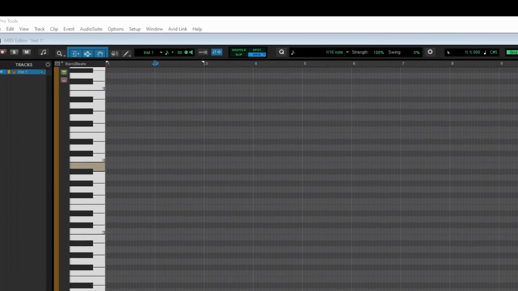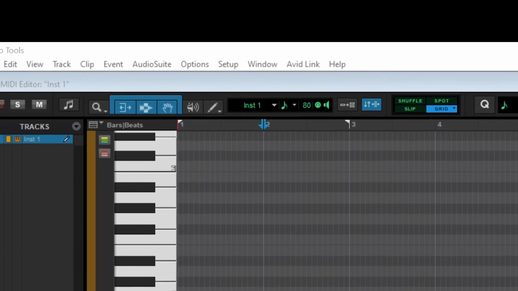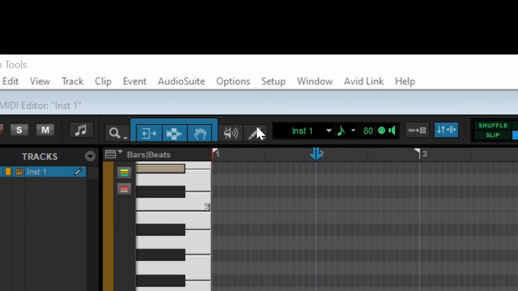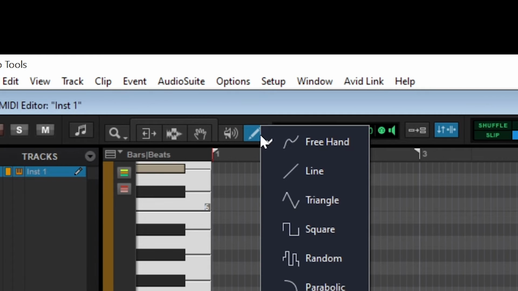The main tool we're going to need for the MIDI editor is the Draw tool. We'll use this instead of the Smart tool, and we get it by pressing the Pencil tool next to the Smart tool we were using in the last video. The Pencil tool has a drop-down for more tools such as lines, but we can stick with the default Draw